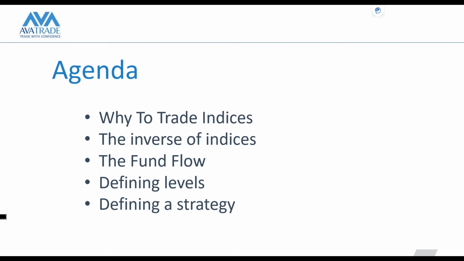More importantly, the volatility is even more intriguing, because these indices move a bit more than the normal stock price. Of course, in certain cases, if you are good at picking stocks, then you are likely to make more gains by picking specific stocks. But at the same time, you are also exposed to a bigger risk, because if Microsoft starts to drop and you have a huge position in Microsoft, you are likely to suffer from that. Now, what is the inverse of indices? Now, obviously, this is a master class.